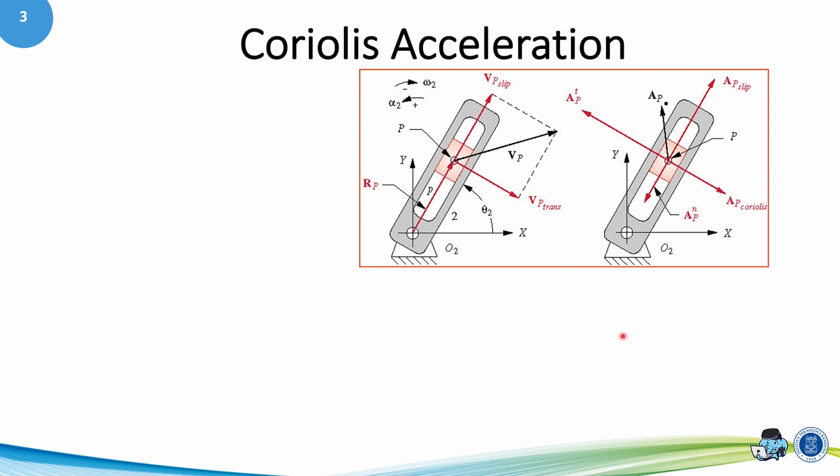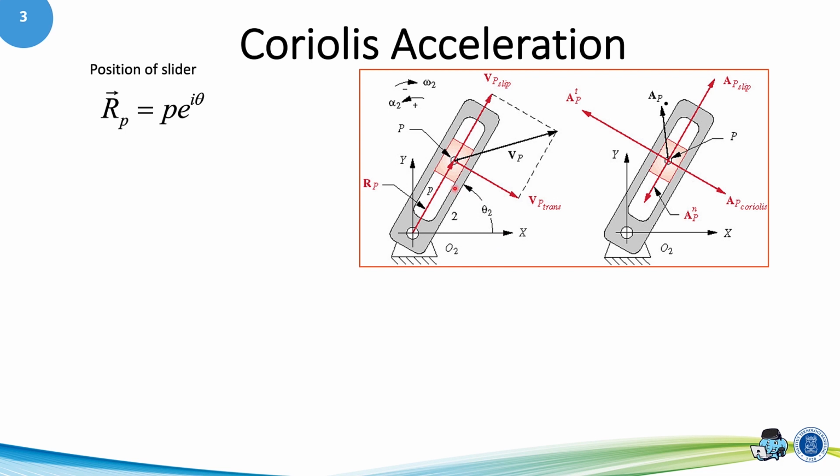Here, we want to derive the acceleration to let you see why there is the Coriolis acceleration. Same as when we derive the acceleration to get the normal and tangential acceleration, we start with the definition of the position. That is, Rp is p times e to the power i theta. The vector Rp is from the center of the rotation to the slider, the point P. The small p here is the distance from the center of the rotation to the point P in the slider. e is the exponential, i is the complex number, and theta is the orientation of the slider.